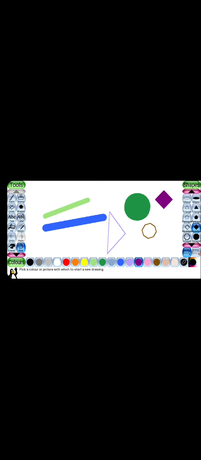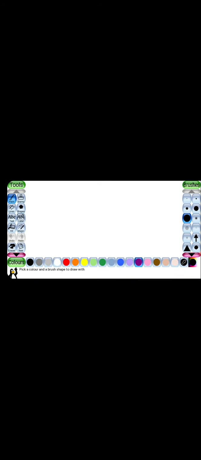Just click on new tool. You will get your background colors. I am choosing the color white by double clicking. Just double tap on that white screen and it will show you two options. Yes, I want to save it. I am just clicking on the right arrow. My previous image will be saved and I get a new white background. In this white background, I am showing you how to use the paintbrush.